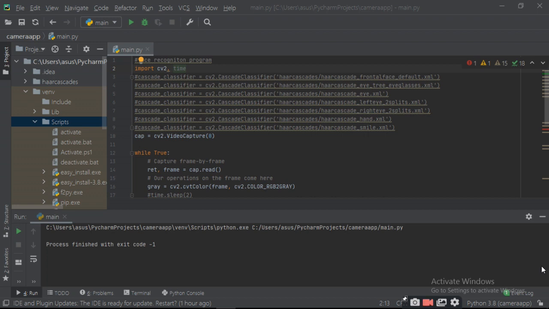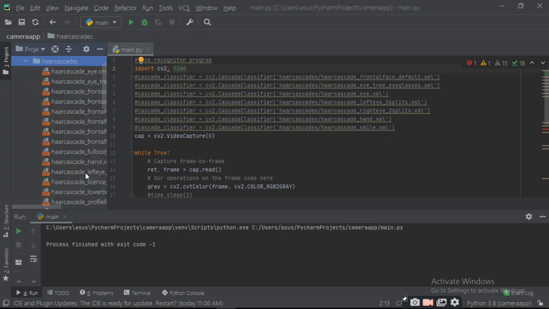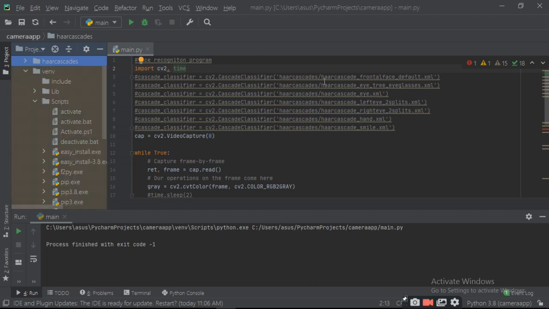For that you have to write cascade classifier equals to cv2.CascadeClassifier, and within brackets the r-string path with cascade backslash, because I have taken a folder in which I have kept all the classifier information. For that you have to mention it here.